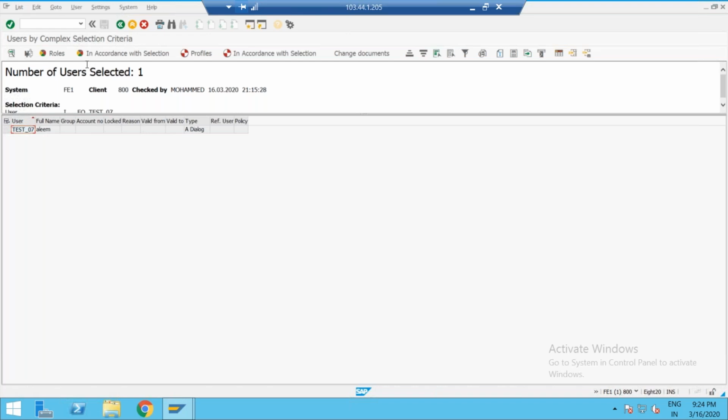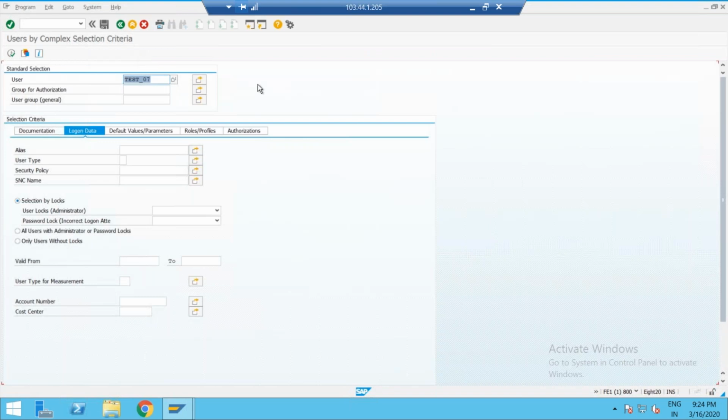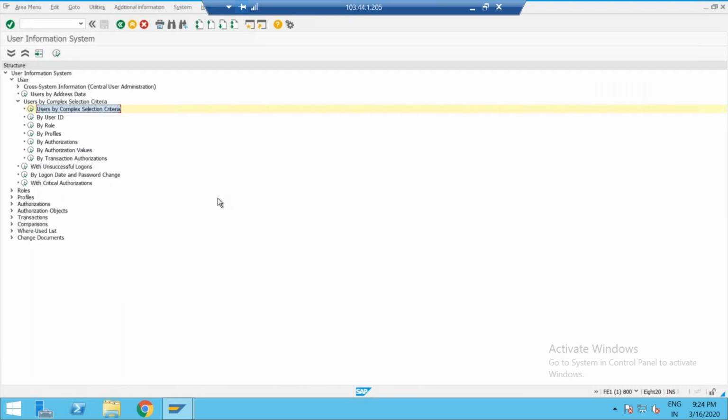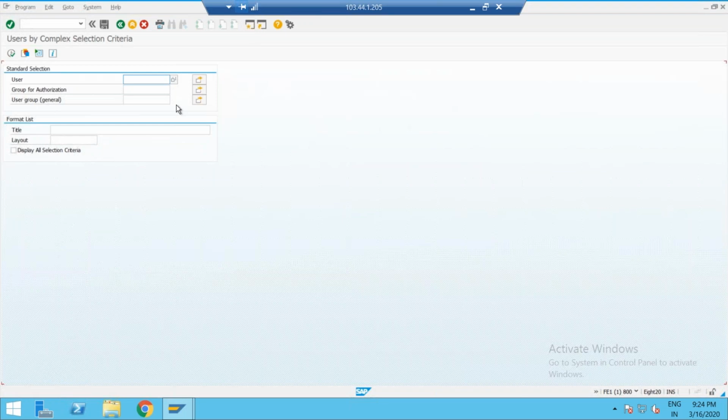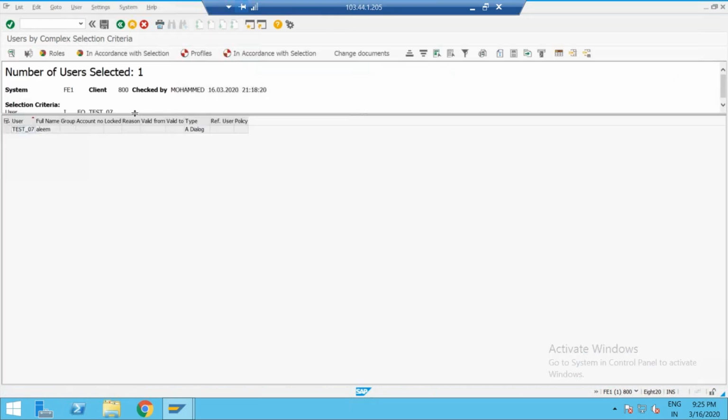Okay, these are the data. Just go back. Next one, same thing. Now, if you want to enter any role name, the one below is the same. By user ID is there, that is the same. Click on by user ID and you get the same detail. Again enter any user ID and you can get the same detail. Give again, just test07. Roles.